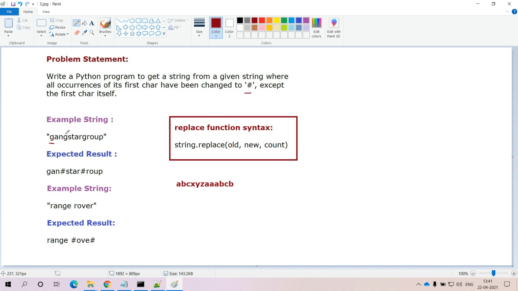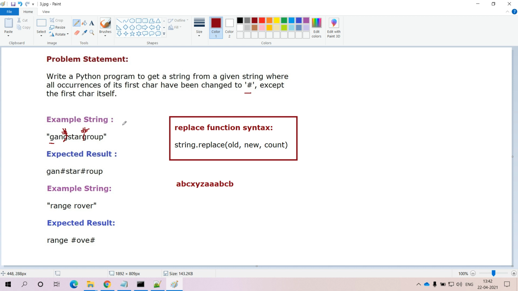So here G occurs, and instead of G we need to place hash, and G occurs one more time here, so we change that as well. The final output string is gan hash star hash rout, like that we need to get the output, but we should not change the first character, we need to place it as it is.